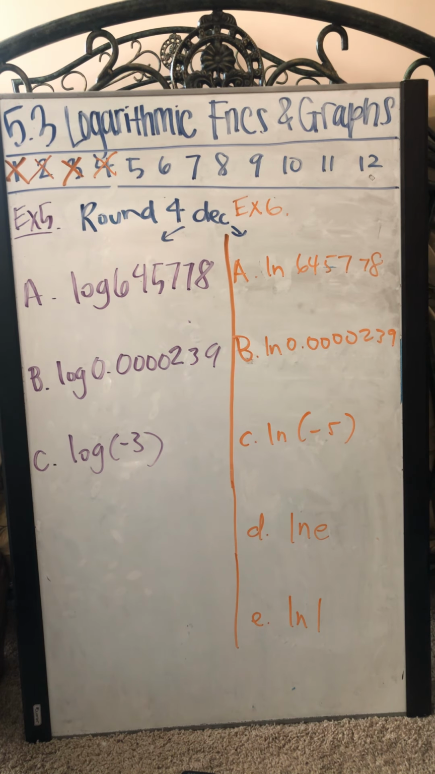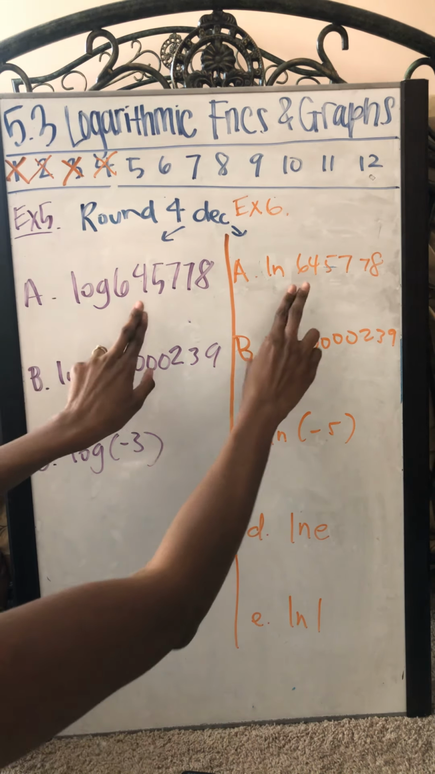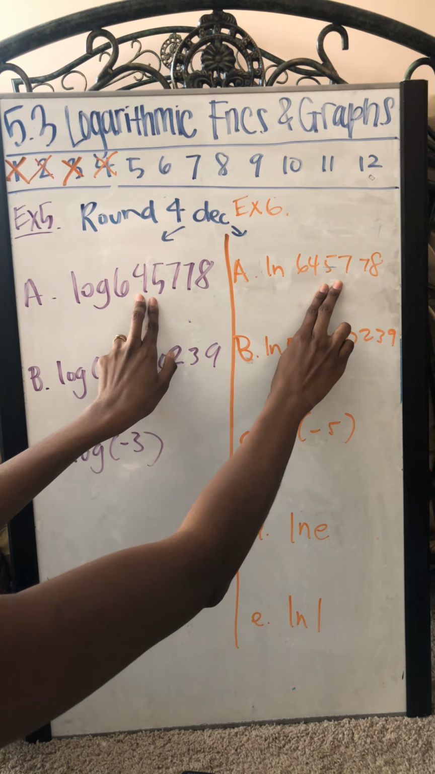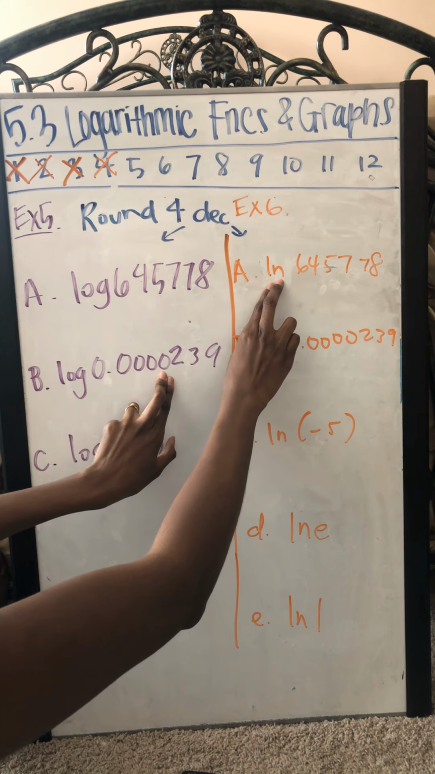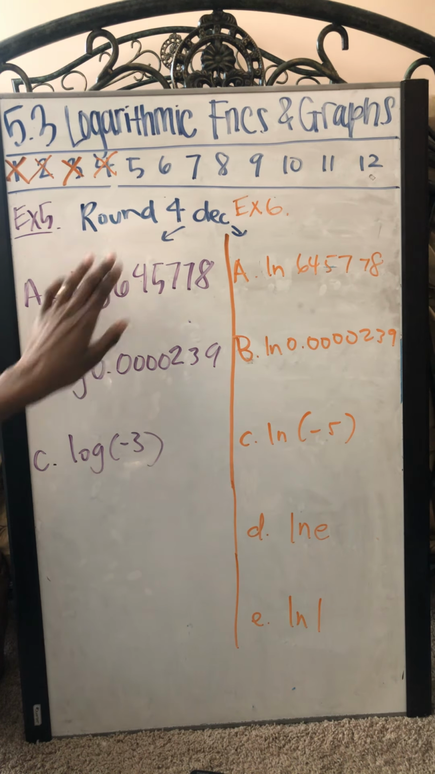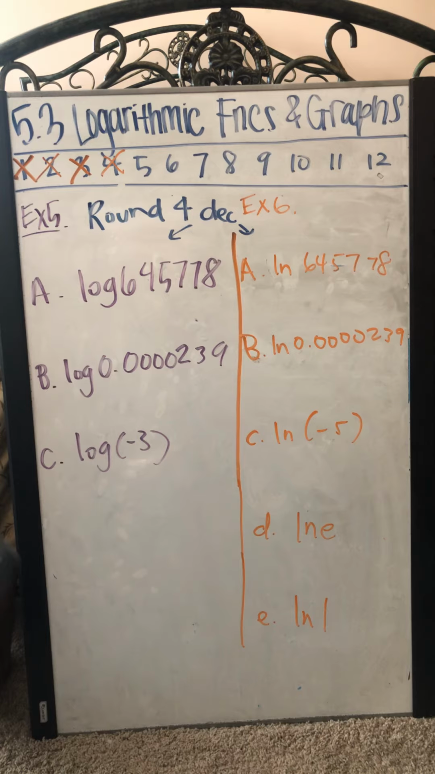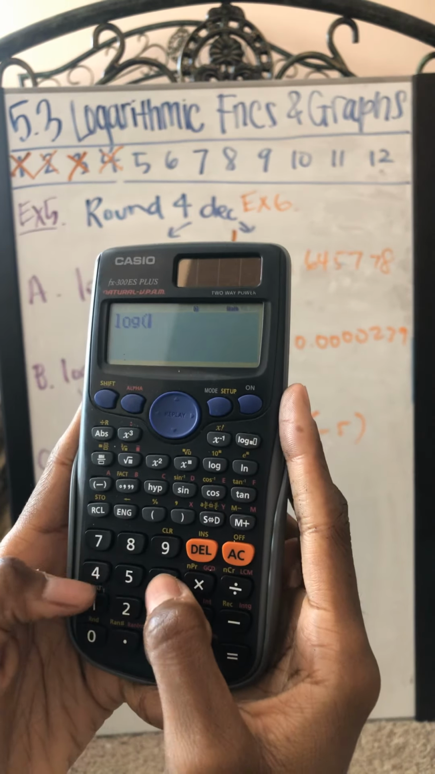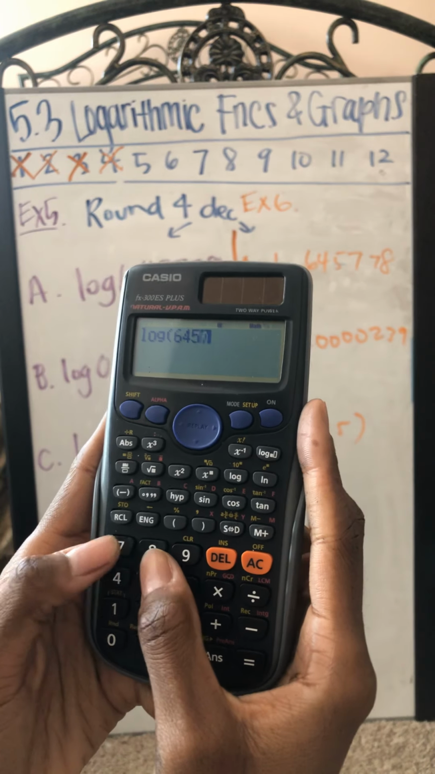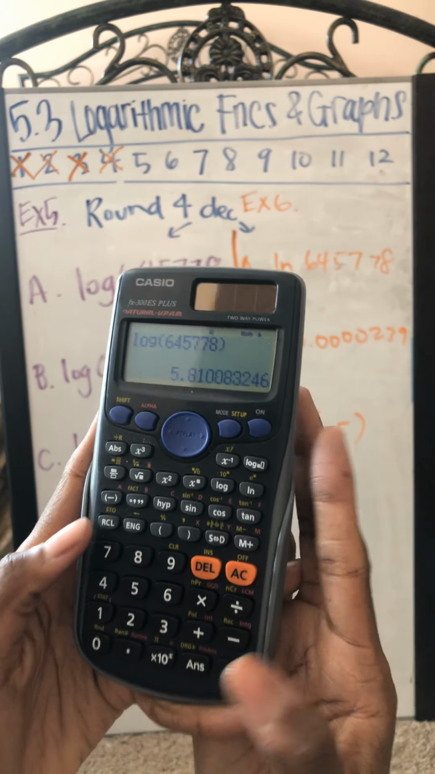Alrighty, so we'll be doing example 5 and 6 at the same time here to show the differences. You see how these are the exact same numbers, but one is using the regular log and the other one's using the natural log, okay? We're rounding both of these to the nearest 4 decimal places. All you have to do is plug them into your calculator with the regular log button. So we do 6, 4, 5, 7, 7, 8, and we get,